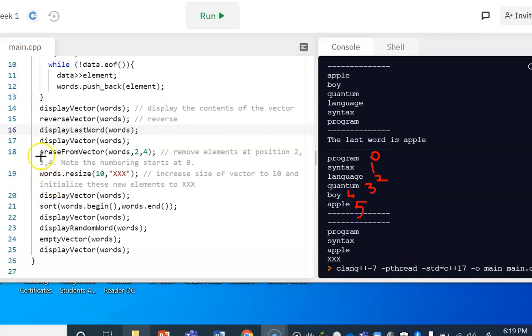So when we erase from 2 to 4, this is going to go, this is going to go, and this is going to go. And we should have program, syntax, and apple left behind. And that's exactly what happens here. So now once we're done with that,